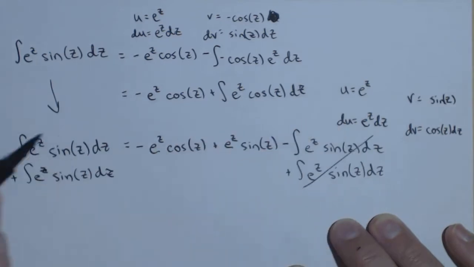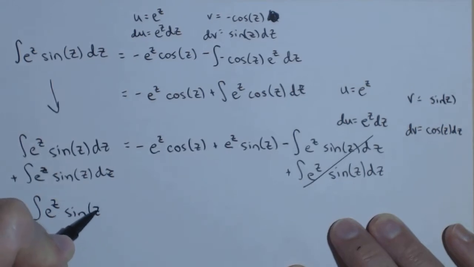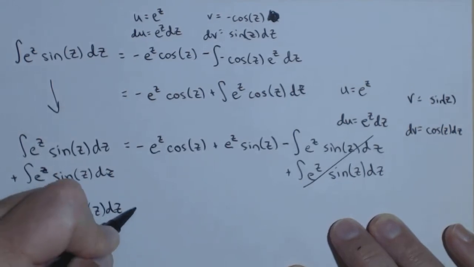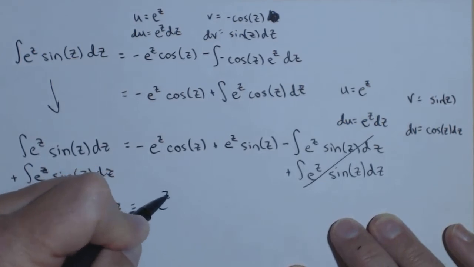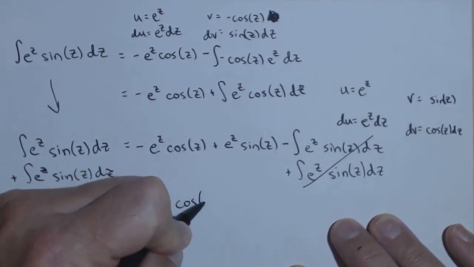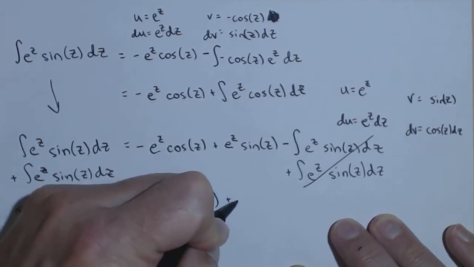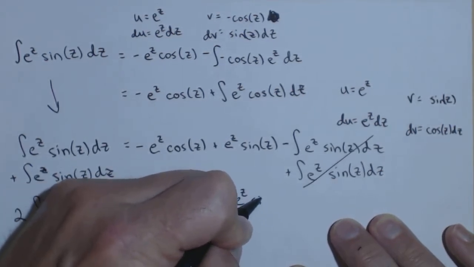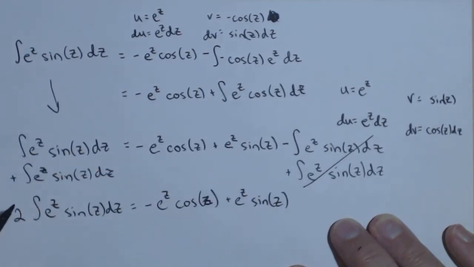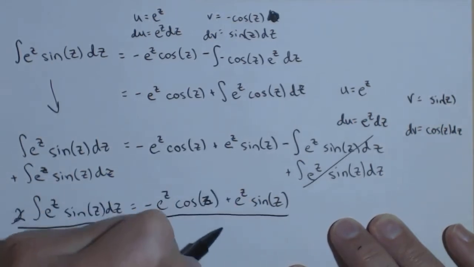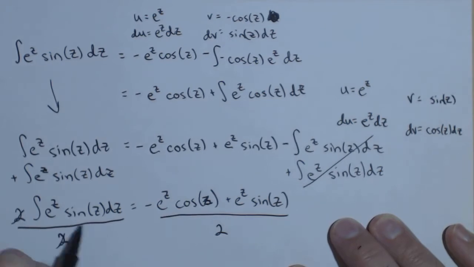So that cancels out over here, and what happens is I end up with 2 times the integral of e to the z sine of z dz equals negative e to the z cosine of z plus e to the z sine of z. Remember, this is what we were trying to solve for, so my last step is I'm going to divide both sides by 2, and now I've got my